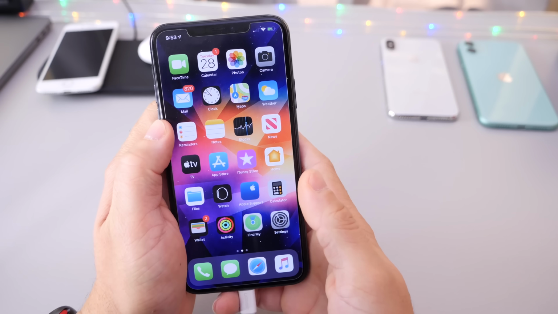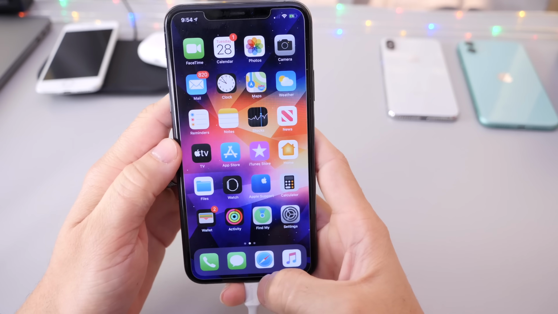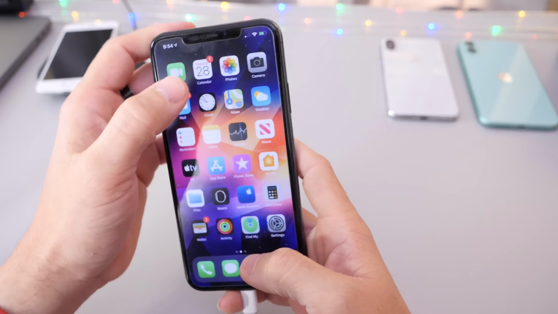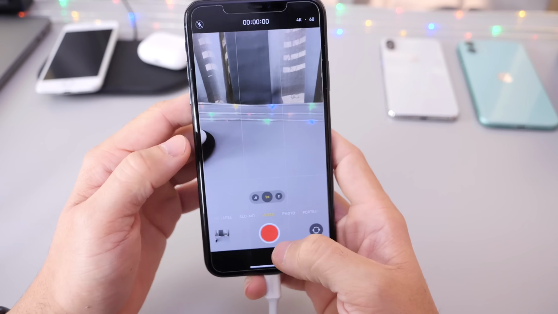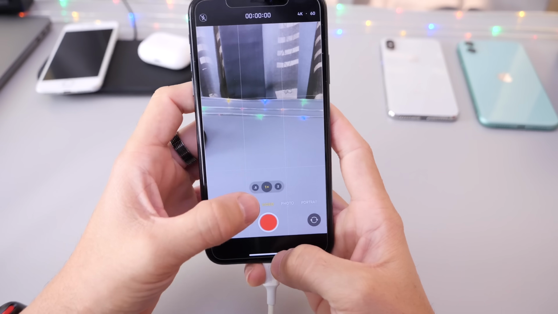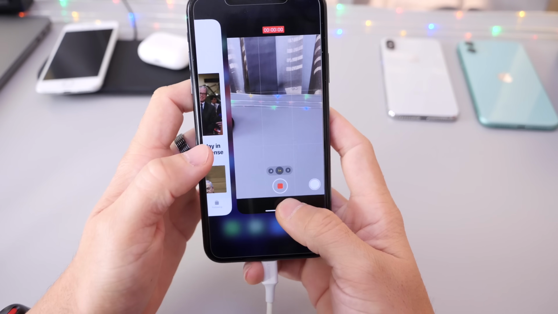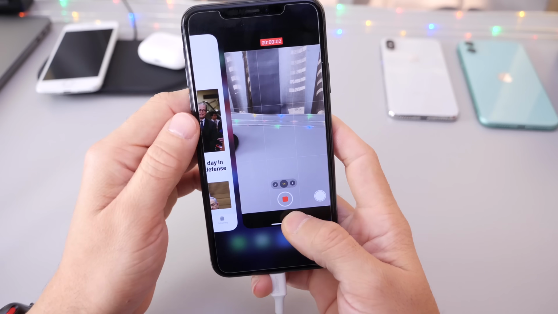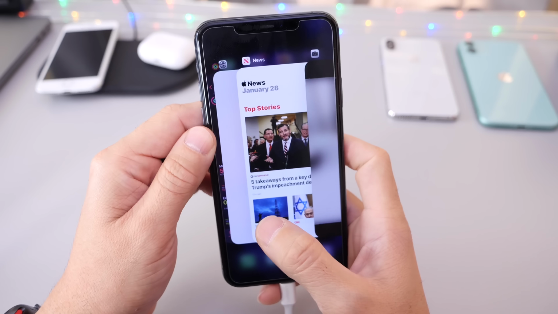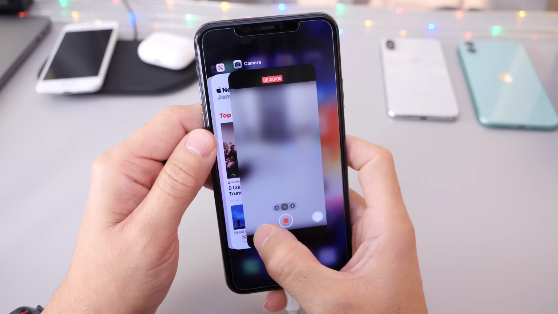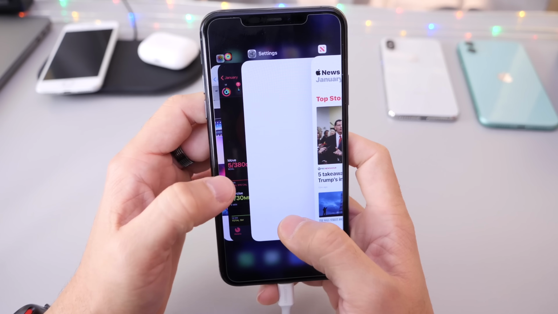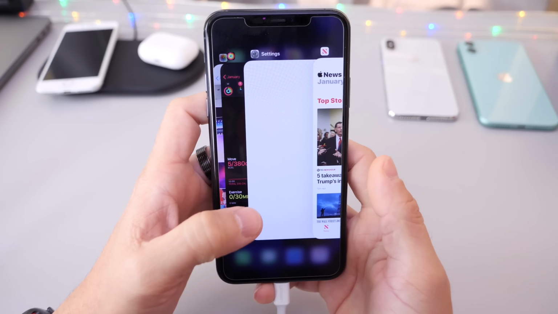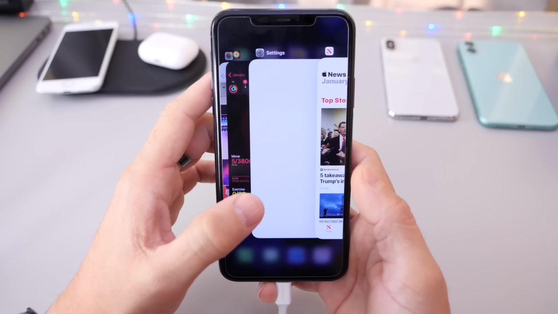There you go. Now there's a second method that you can also use and it's in the app switcher. So let's launch the camera application. Go into the app switcher here. We can bring up the camera, click on record and then swipe up quickly just like that. If you see the numbers going, you're already capturing video. It stays capturing video. As you can see there, it continues to capture video. You can browse through your app switcher here and pretend that you're just in the app switcher and it's still recording video. So two methods on how to record video.